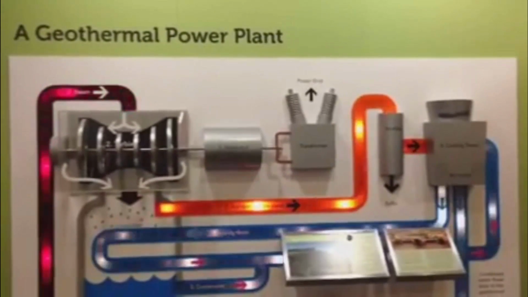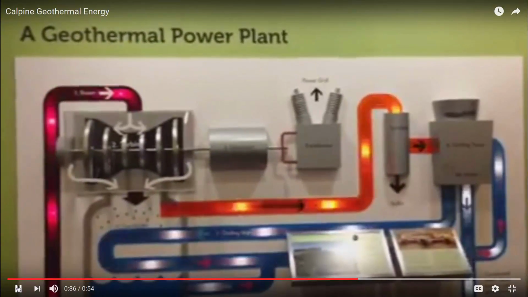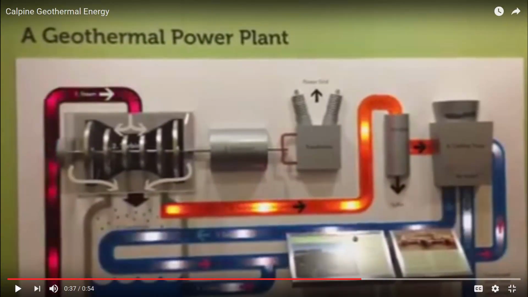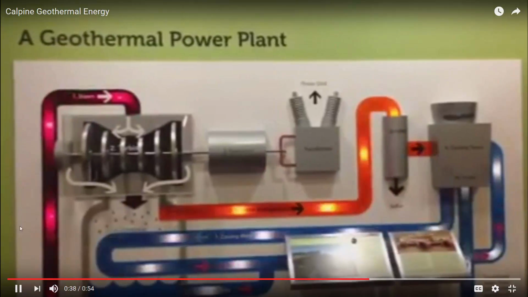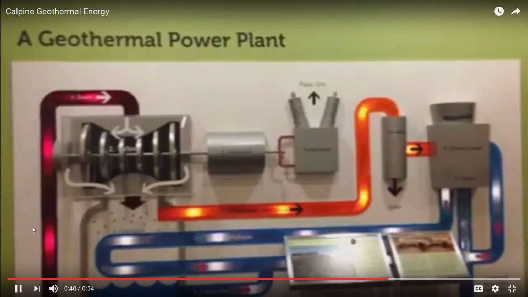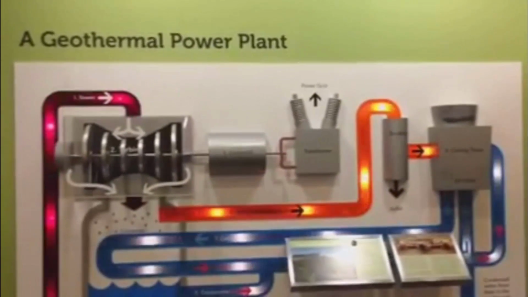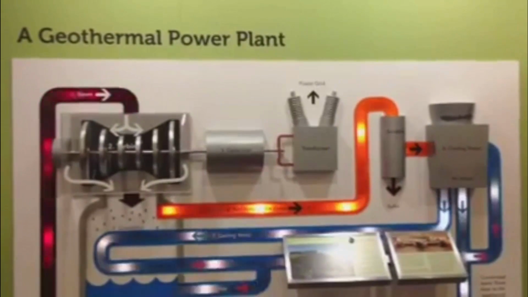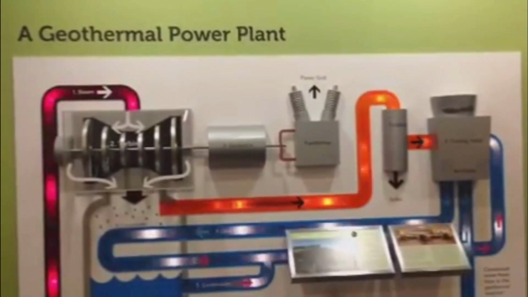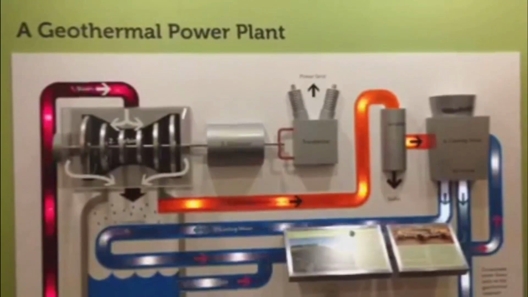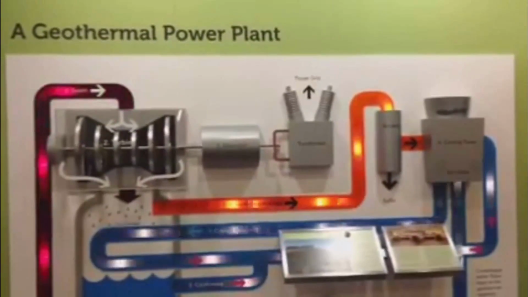The condenser also cools the spent steam so that it forms liquid water or condensate. The condensate is then pumped into the cooling tower. About 75% is evaporated as part of the cooling process. The remaining 25% is injected back into the steam reservoir, where it will eventually be